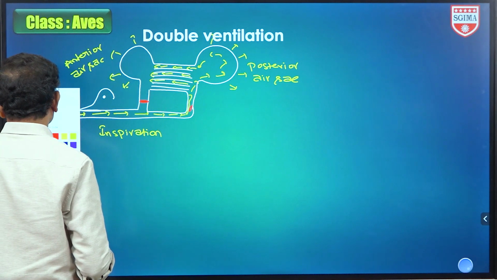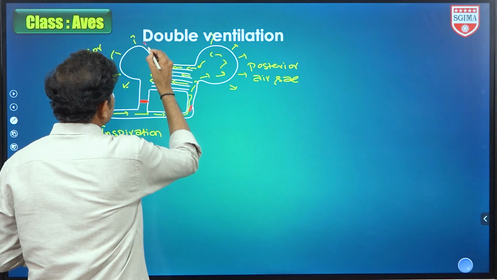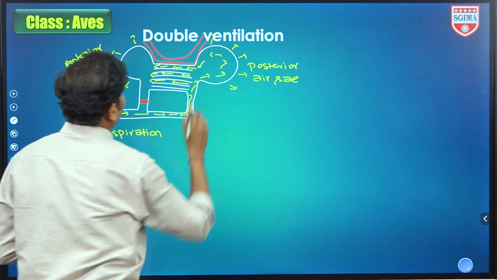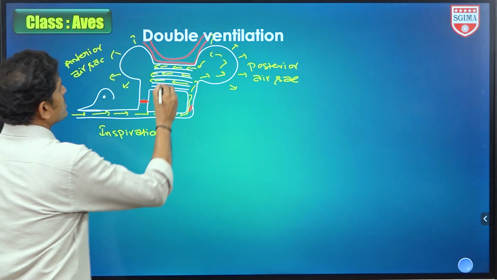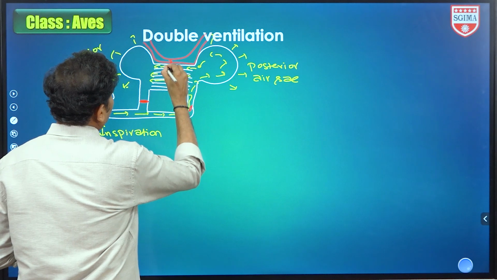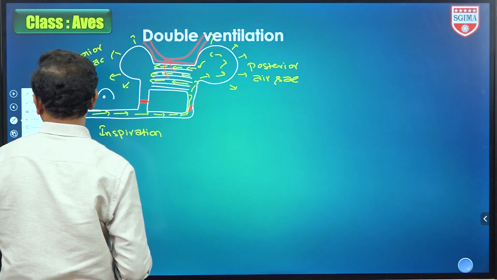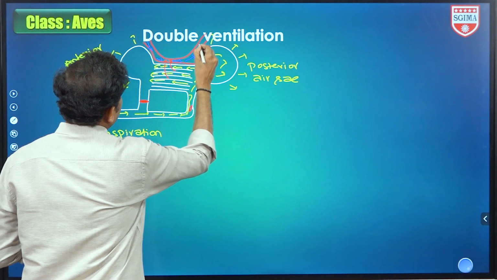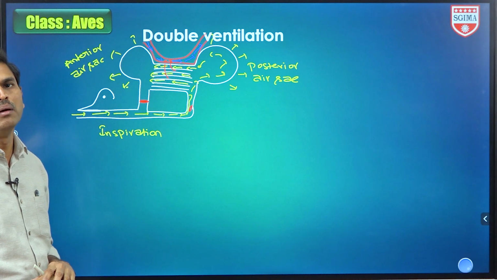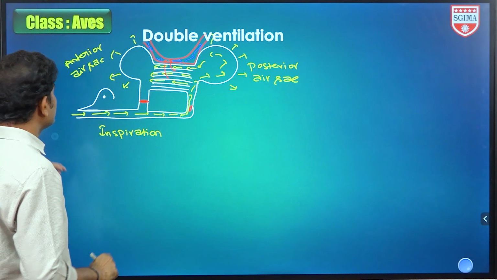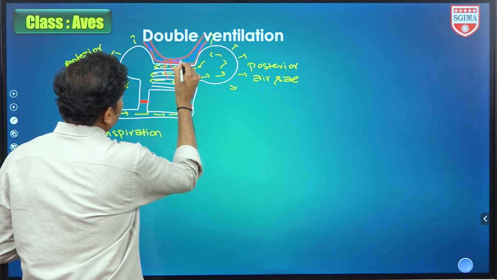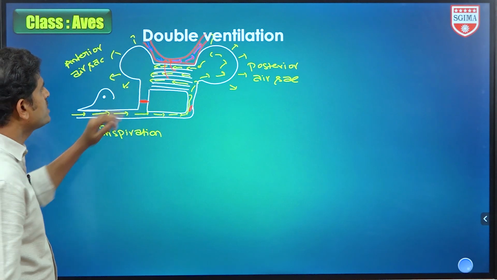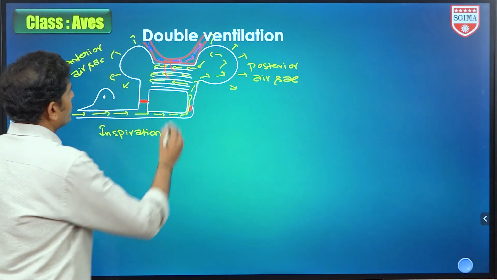While the air is traveling through this parabronchi, parallelly here a number of blood capillaries are arranged. They exchange the gases. O2 will be exchanged with this one. Here actually क्या होगा? This deoxygenated blood will be traveling in this direction. Means we can observe a counter current mechanism here. So then it easily exchanges, the counter opposite flow na. So then the gases are easily exchanged. Then the blood will get oxygenated. So this is the first oxygenation, the first phase of oxygenation.